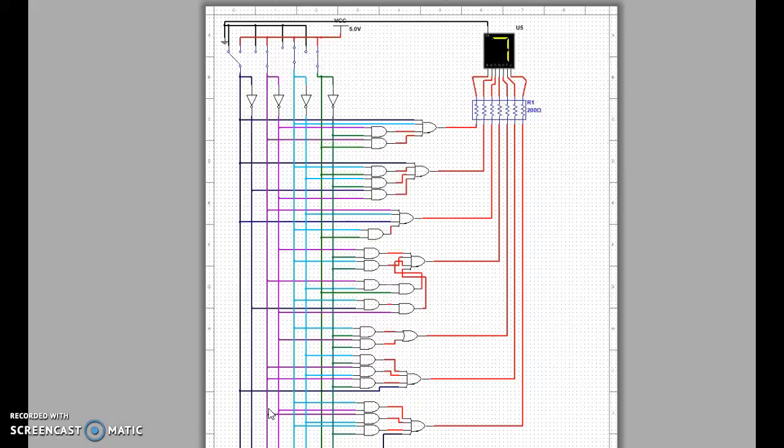where A is on, B is on, C is on, D is off, E is off, F is off, and G is off. Then to create an 8, it is 1, 0, 0, 0,